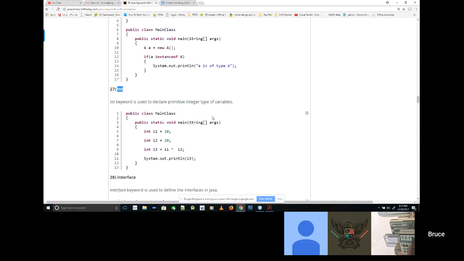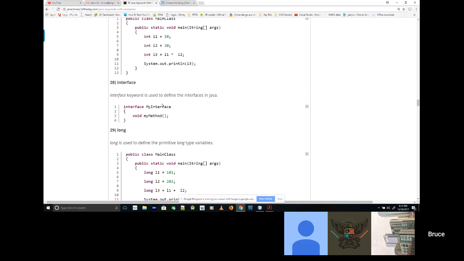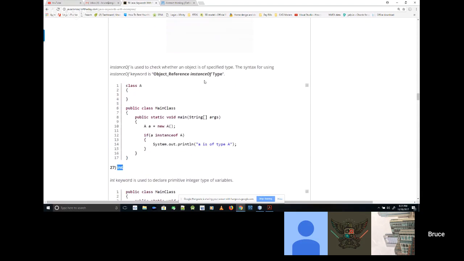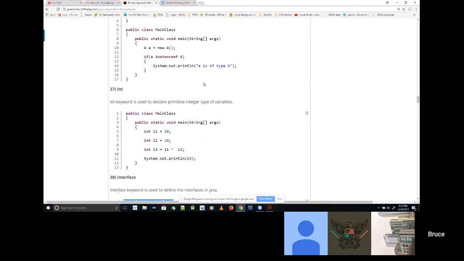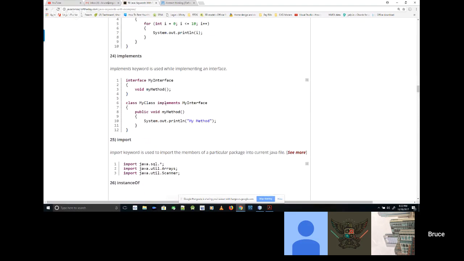Int, we know about ints. Interface, this is the interface class. Oh, excuse me. So the abstract is extends, and the interface classes are the ones that are implements.